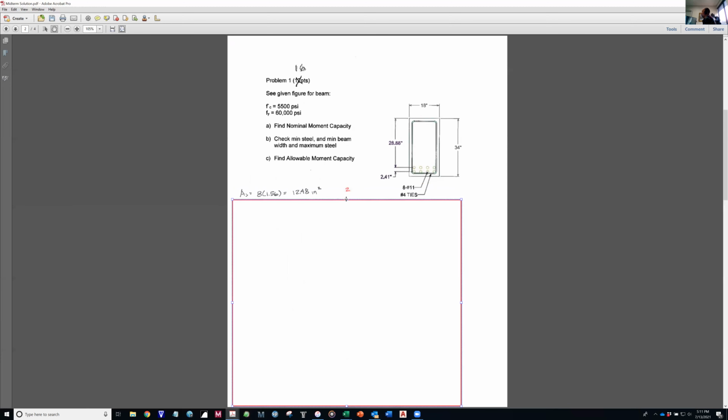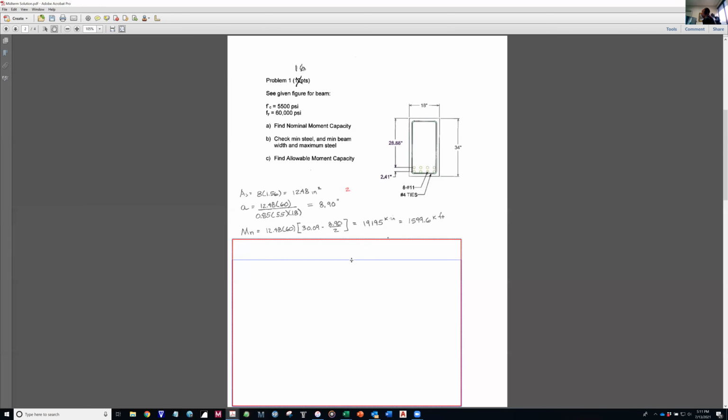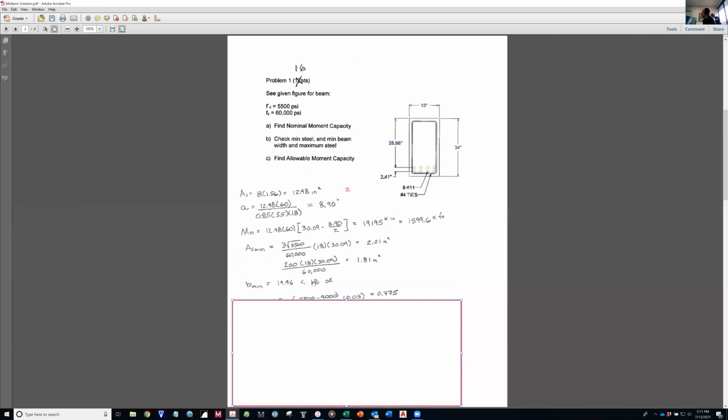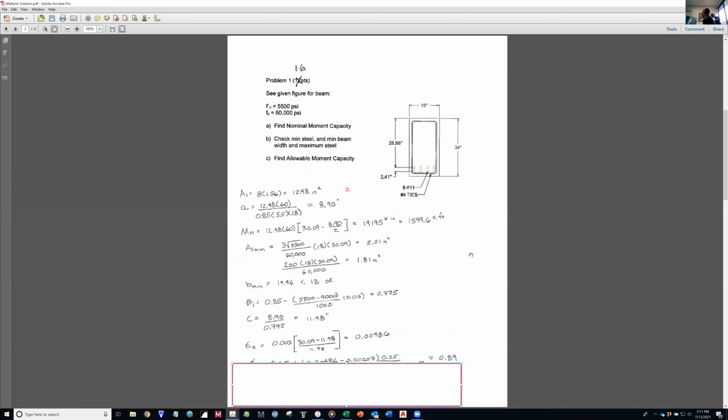Okay, so I have the same area of steel. I'm going to go through most of this pretty quickly. A is the same. Mn is the same. As minimum, same answer. Minimum width, same answer. Beta 1. C is 11.48. But now when you get to here, if you used d instead of d sub t,